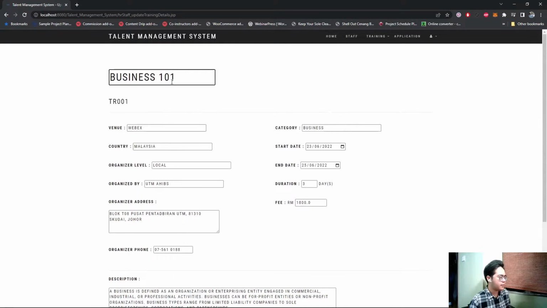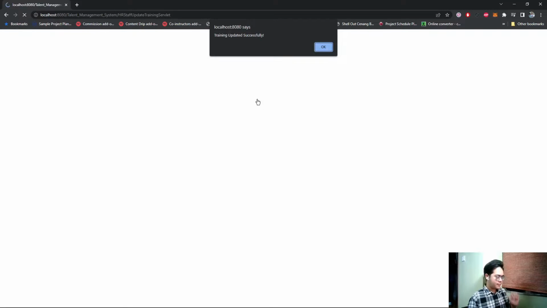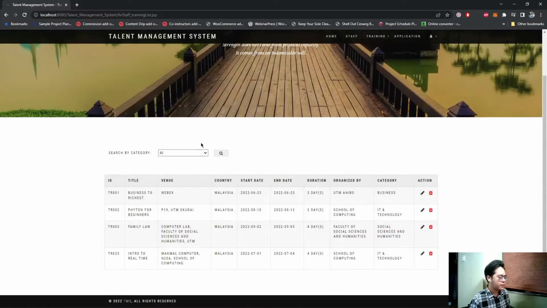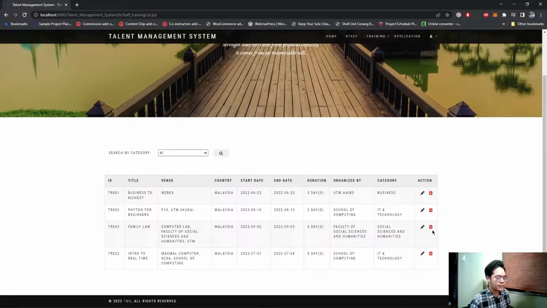We can try on the training title, we change it to this one, and if we press update, the same confirmation message for updating the training pops up, and if the staff clicks yes, the system will display that the training was updated successfully. If they click OK, as we can see, the training data has been updated successfully. So let's say if they want to delete any of these training